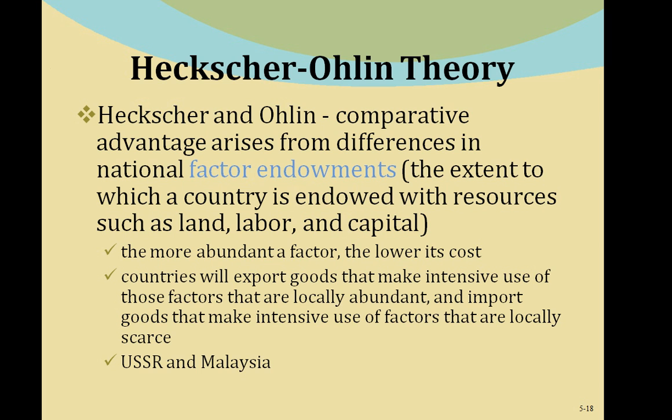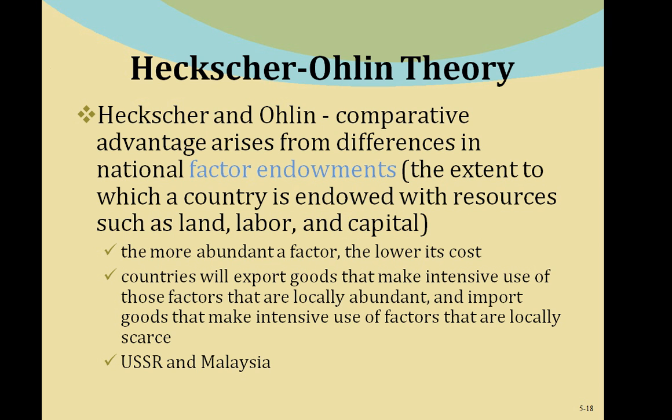So they argue that comparative advantage arises from differences in national factor endowment. By factor endowment, they mean the extent to which a country is endowed with resources such as land, labor, and capital. So a nation basically has varying factor endowments, and different factor endowments explain differences in factor costs. Okay, and then the Heckscher-Ohlin theory predicts that the country will export those goods that make intensive use of factors